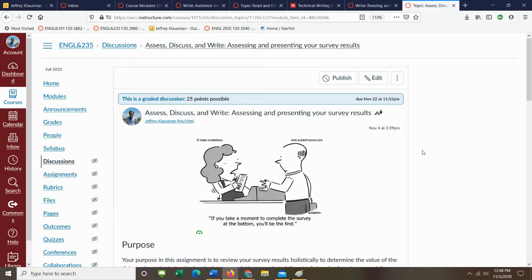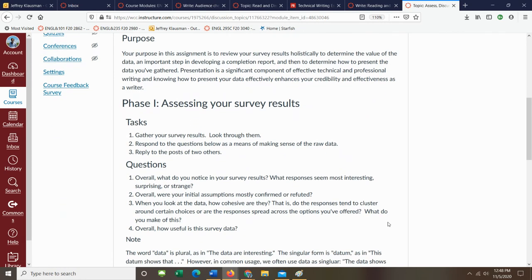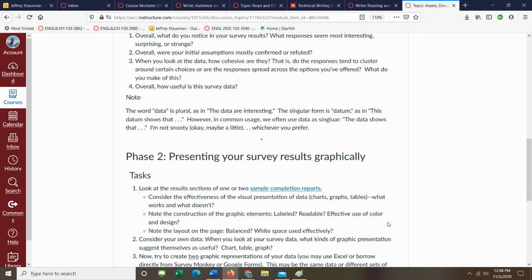Okay, finally, we're going to spend a bit of time figuring out how to present our survey data. Now, the first thing is to make sense of it. What stands out, what's interesting, surprising, confusing? In other words, get it clear in your head what it is you want to talk about. Then, second half, phase two, we're going to try to put it into some kind of graphic representation. So if you find one set of responses as being really confusing or really interesting, for example, how would you present that graphically to support whatever narrative you offer?